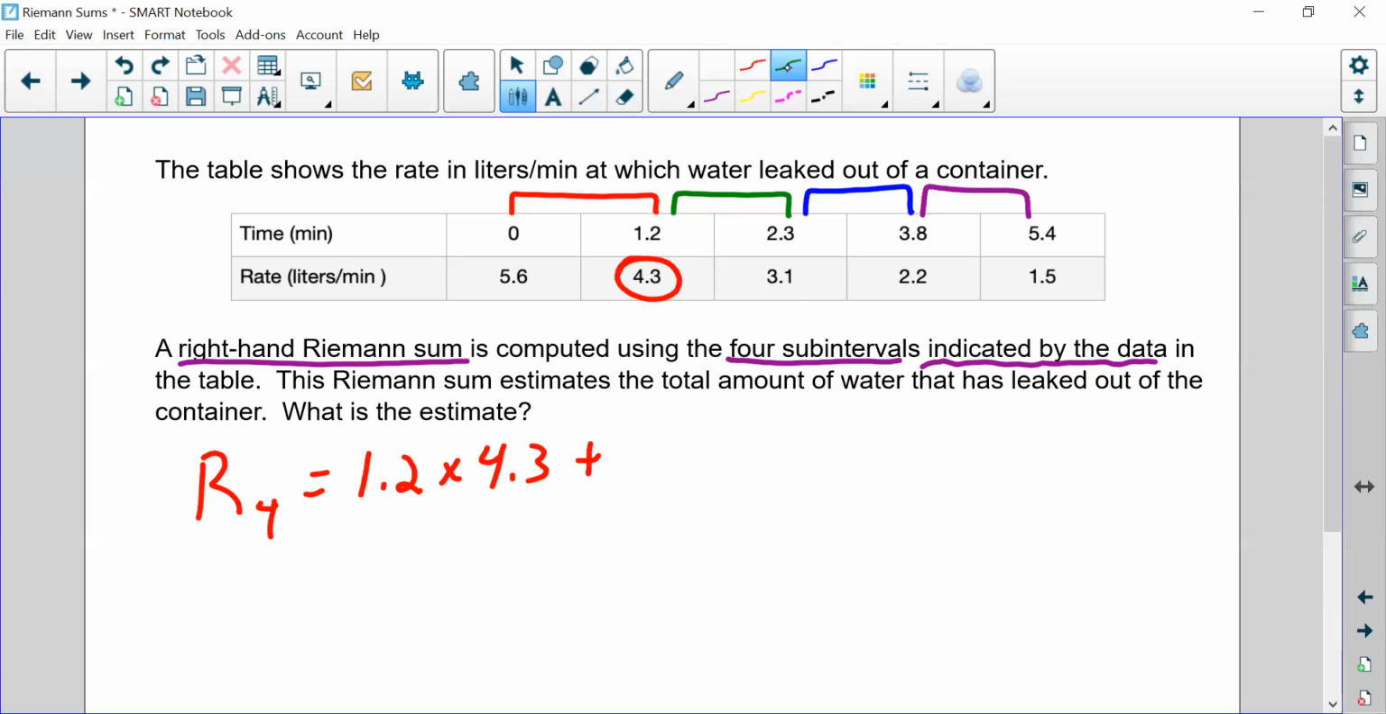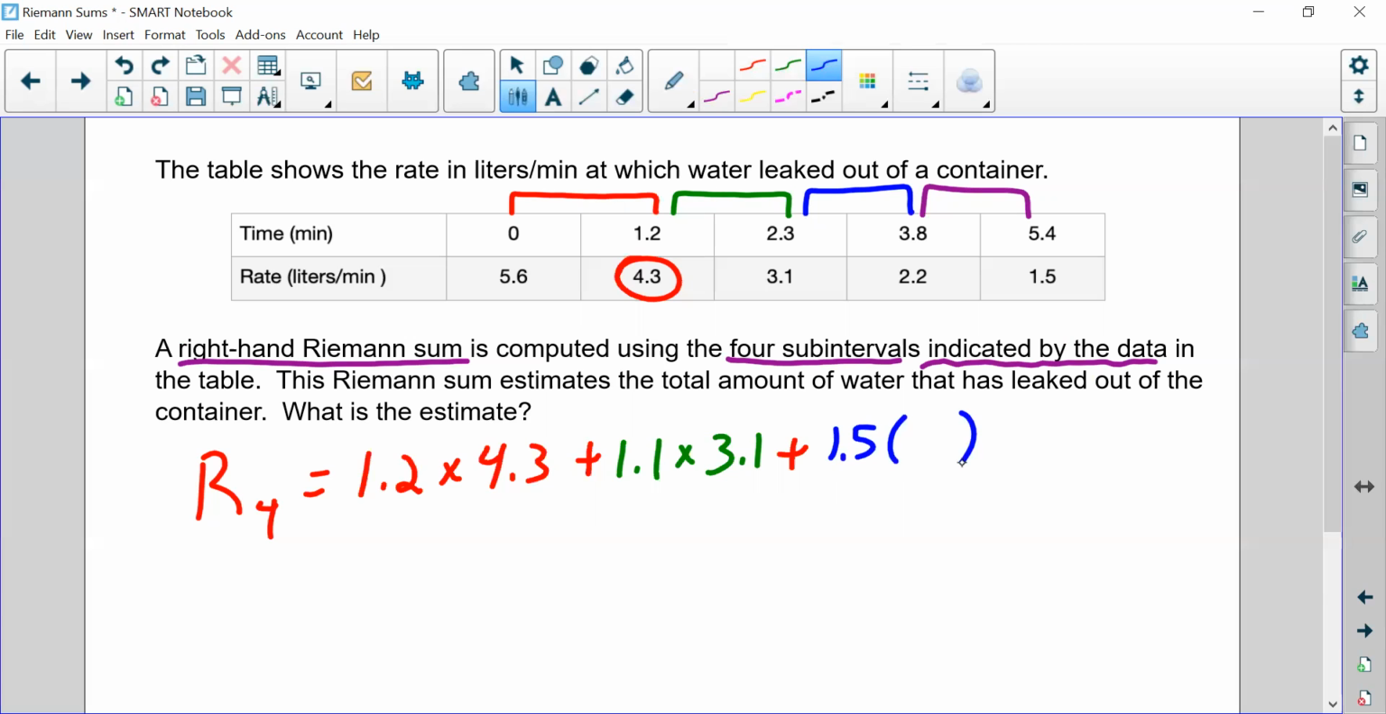Plus, we move to the green rectangle. What's the width of this green rectangle? 1.1. So it's different. That's the reason why I couldn't use a delta x, because they didn't collect the data in nice equal spaces. Now times that by our height at the right endpoint, which would be 3.1. That gives us that area. Okay, now I'm going to do the blue one. What is its width? 1.5 times its height at the right endpoint,